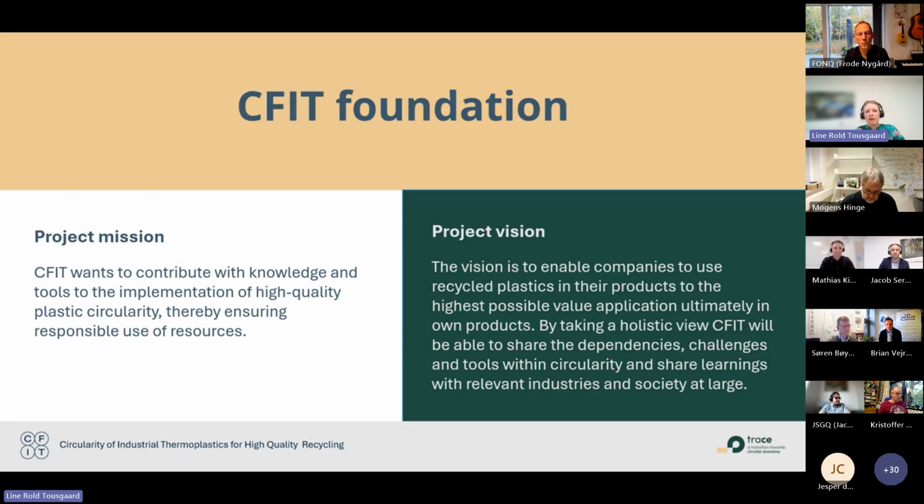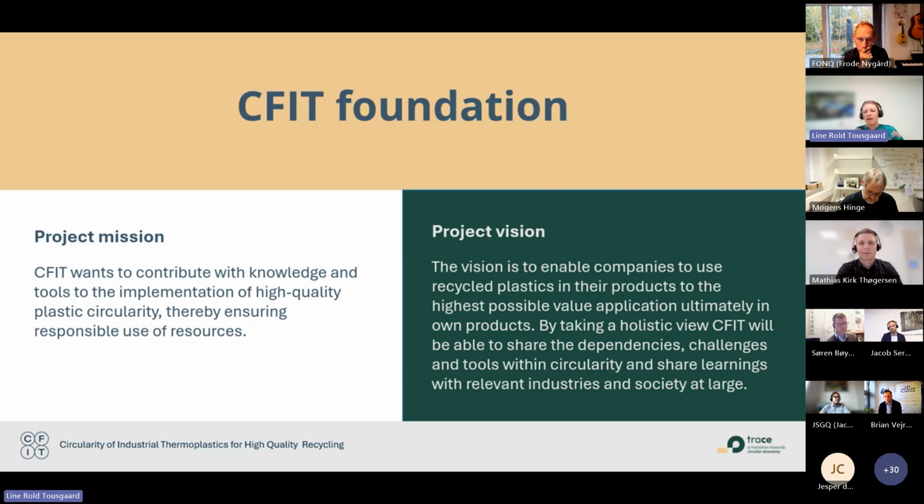So in the CFIT project, we kind of made a foundation. So we have the mission and vision, and the mission is to contribute to the implementation of high quality plastic recycling. It is also how we use resources responsibly. We like to contribute with knowledge and tools and learnings. And the vision is to enable companies to use recycled plastics,